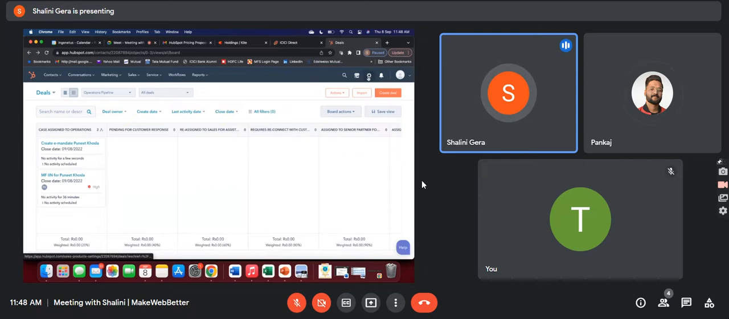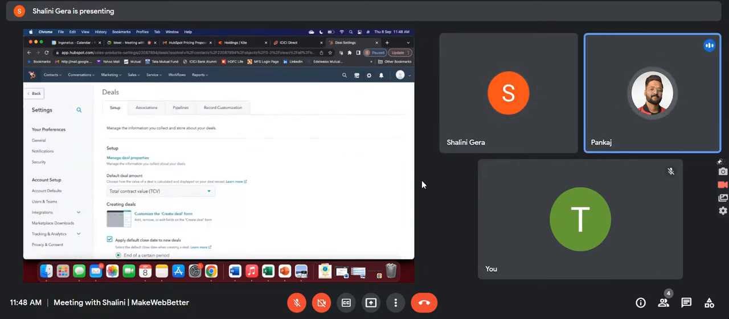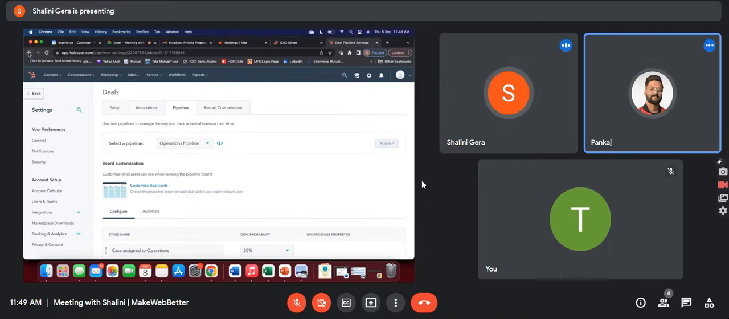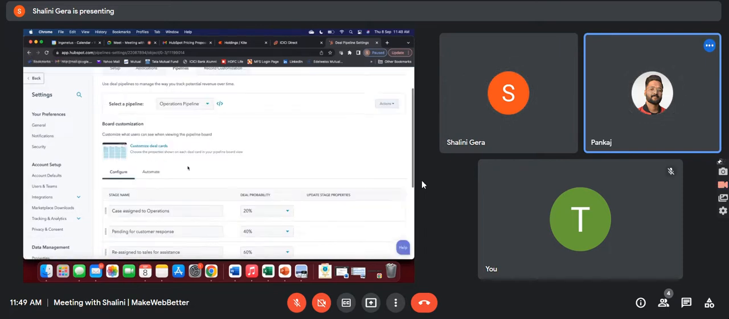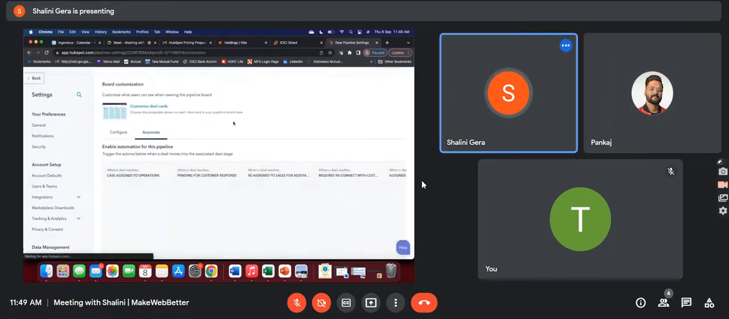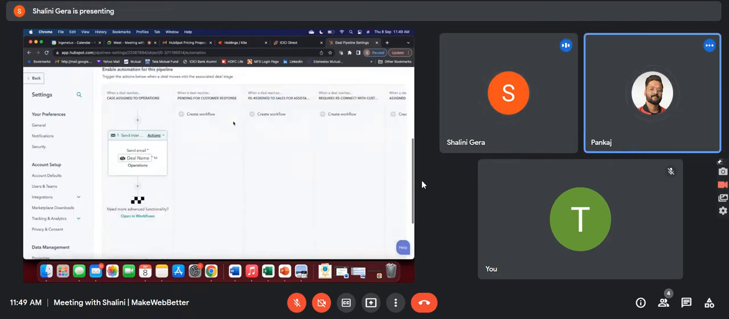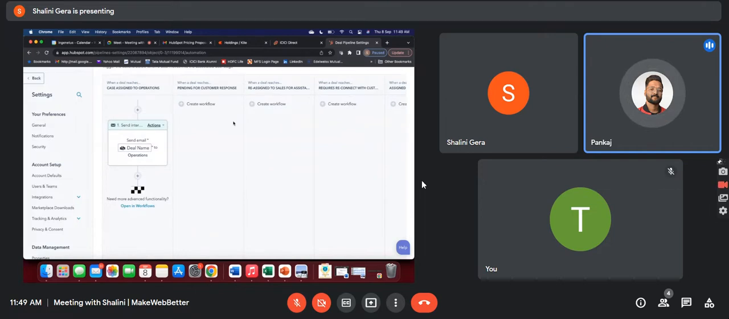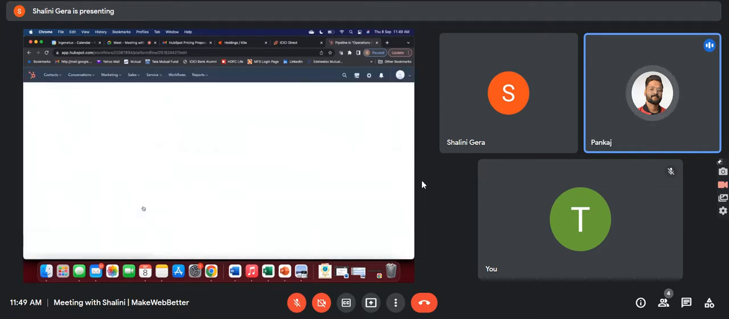सेटिंग्स में कहाँ थी पाइपलाइन ऑटोमेशन? Action. यहाँ से भी आप कर सकते हो। Scroll down, इधर। Automatic, scroll down, ओके। Just click on open in workflows. यहाँ पे देख रहे हैं आप लिखा हुआ "नीड मोर एडवांस फंक्शनलिटी, ओपन इन वर्कफ्लोज"।